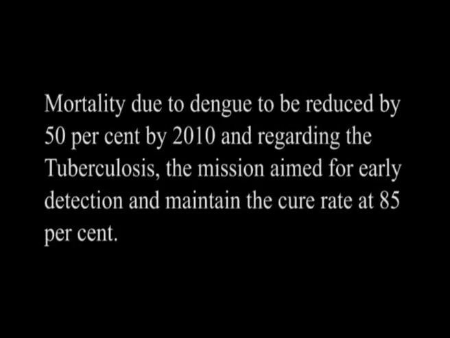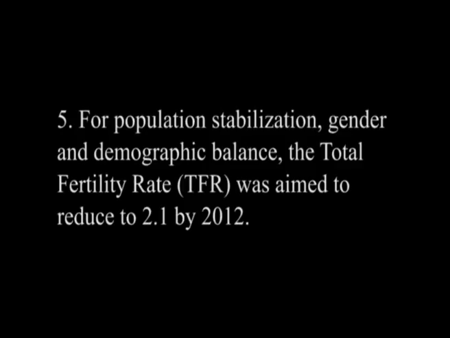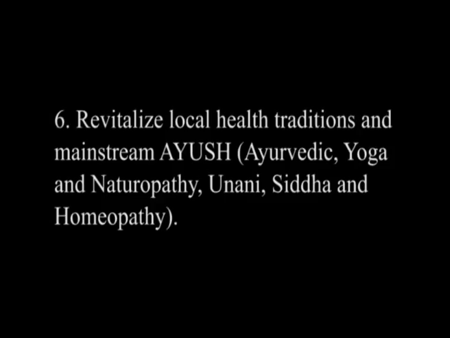Mortality due to dengue to be reduced by 50% by 2010, and regarding tuberculosis, the mission aimed for early detection and to maintain the cure rate at 85%. Number 4, access to integrated comprehensive primary health care. Number 5, for population stabilization, gender and demographic balance, the total fertility rate was aimed to be reduced to 2.1 by 2012. Number 6,